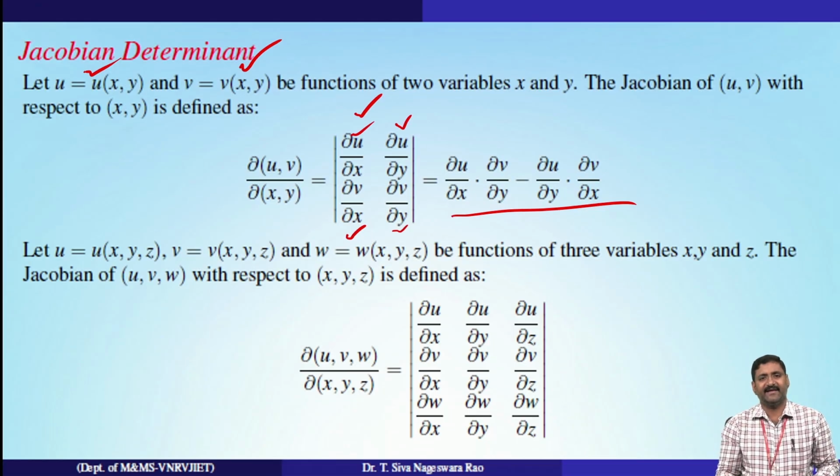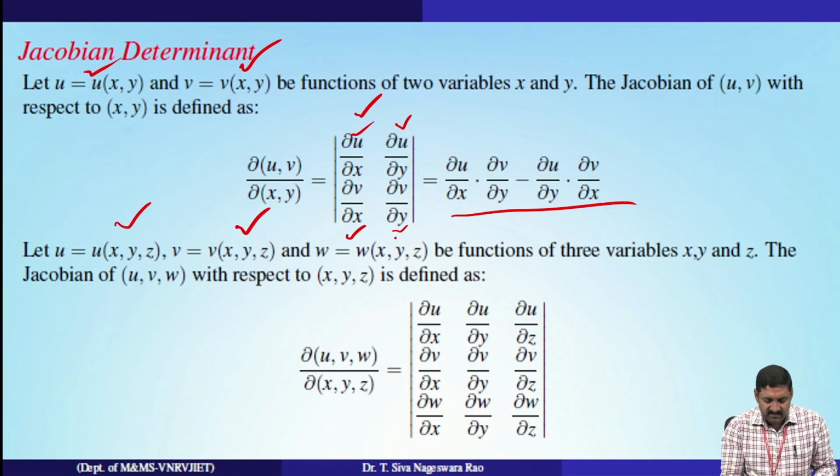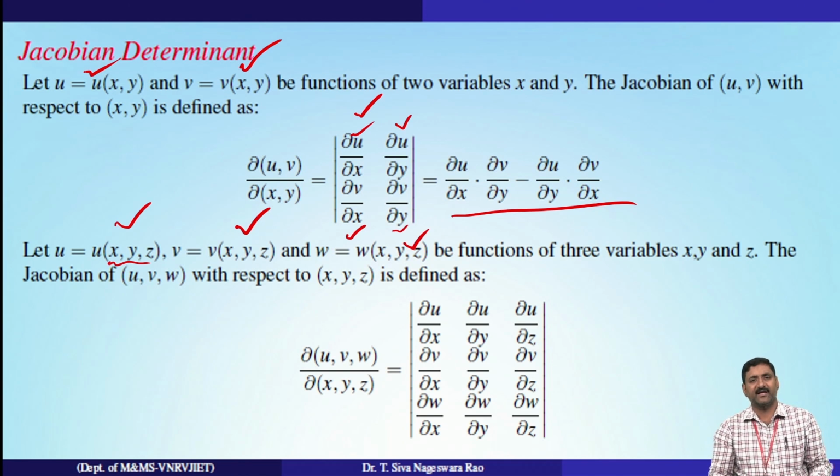Now we will extend it to three variables. So we will take three functions involving three variables x comma y comma z. Let us take u is equal to u of x comma y comma z, v is equal to v of x comma y comma z, and w is equal to w of x comma y comma z, three functions involving three independent variables x comma y and z. So the Jacobian of u comma v comma w with respect to three independent variables x comma y comma z